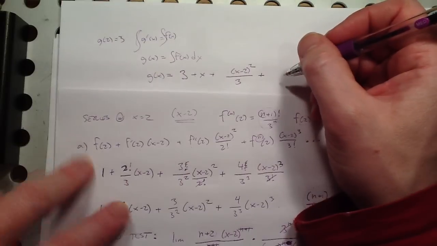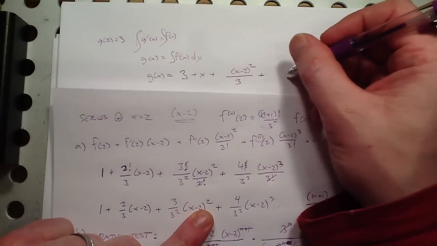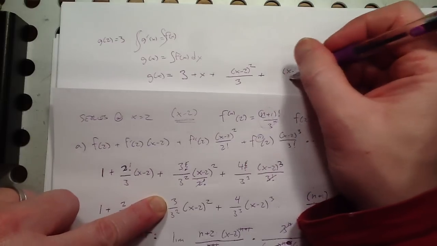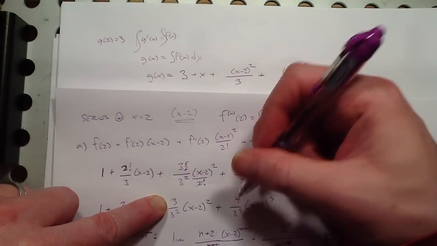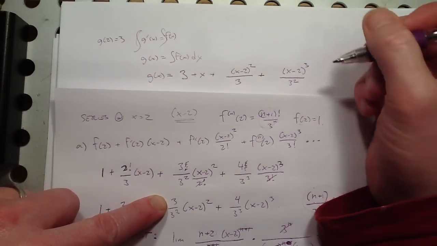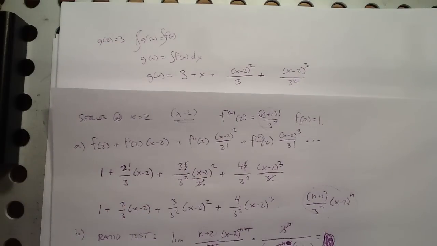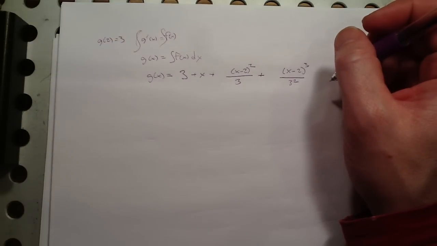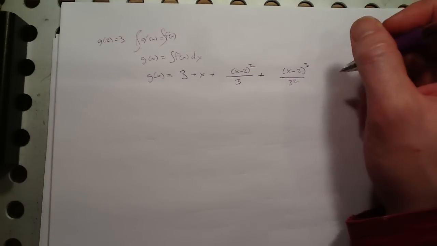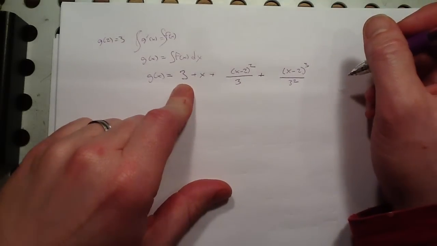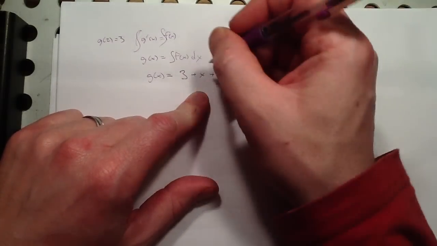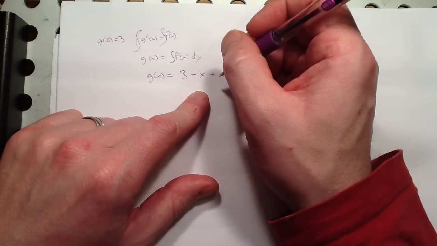And then bumping the exponent up by 1 and dividing by the new exponent. You see that's going to happen every time. That number is going to get canceled out. Looks like that is the series for g. Those are the first 4 terms. And the general term is going to be, if that's the 0th term, then the first term, oops, that should be,